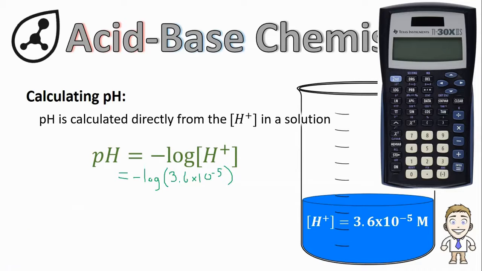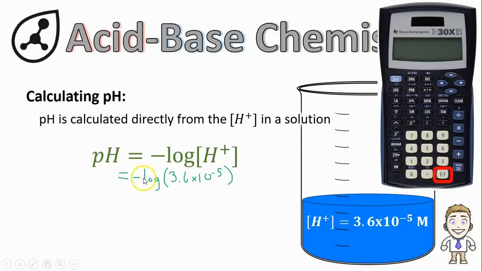Now let's finish it off by going to a calculator to see how we take the negative log of this number. I'm going to show you what buttons to push on this calculator. If you've got a different one, chances are pretty good that it also has a log button. You've just got to take some time and find it. But the series of buttons we're going to push here are probably pretty similar to the buttons you'll push on most scientific calculators. So let's start by entering the negative part of the formula by simply pushing the negative button